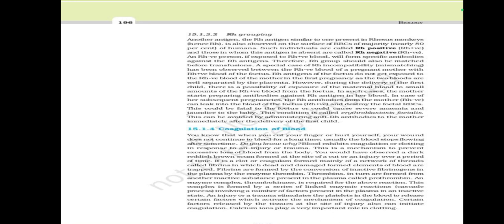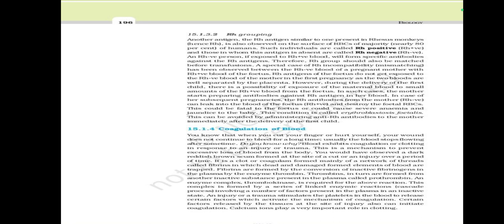Such individuals are called Rh positive, and those in whom this antigen is absent are called Rh negative. An Rh negative person exposed to Rh positive blood will form specific antibodies against the Rh antigens. Therefore, Rh group should also be matched